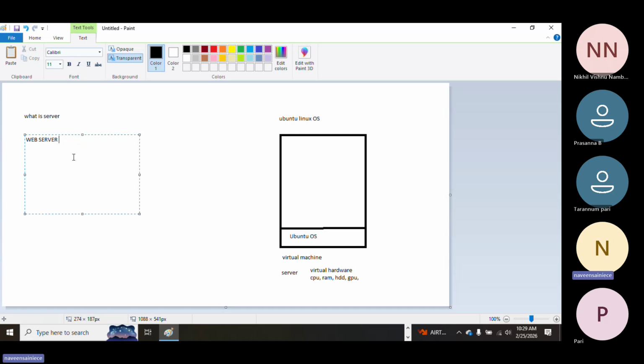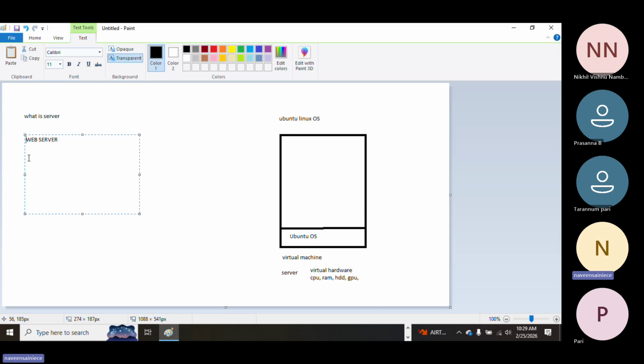Okay, your laptop is not serving, so it is not a server. But whenever your laptop will serve web content to others, then it will become a web server. Understood. Now here this is a blank server, but we will install some services. So how will we make a web server? Some services we will run on that server, then it will become a web server.